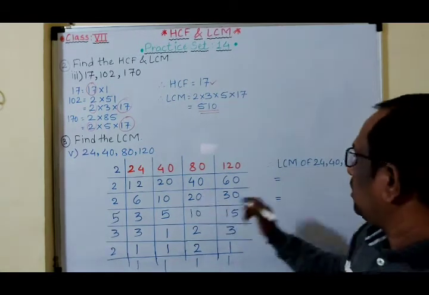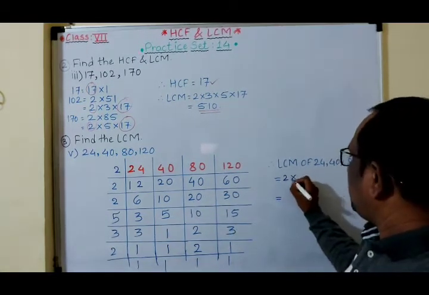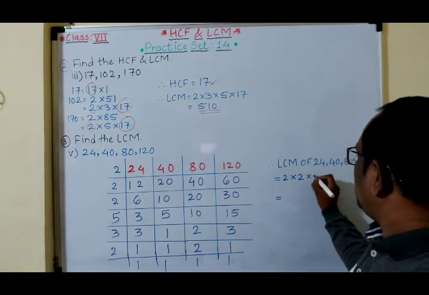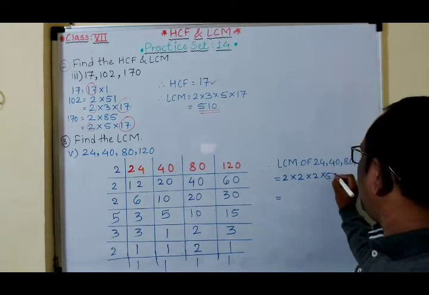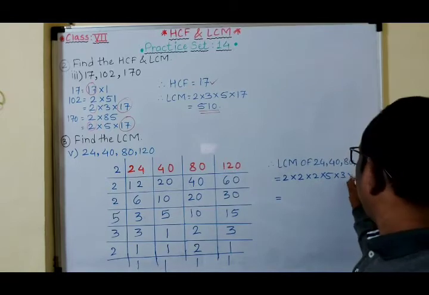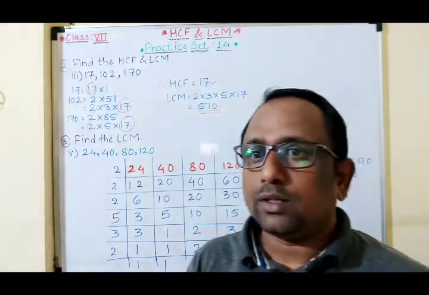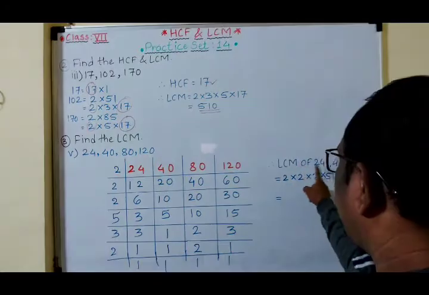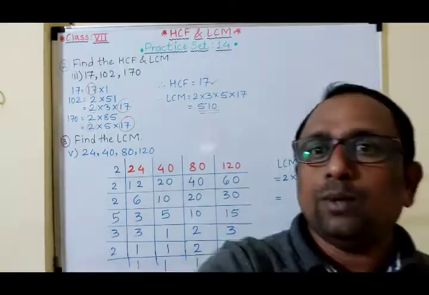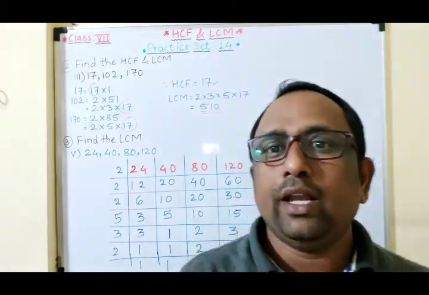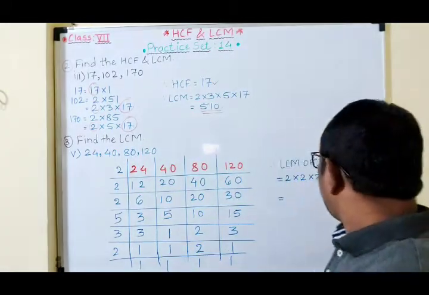We'll write here 2 multiplied by 2 into 2 into 5 into 3 into 2. So students, for the LCM we now have to do the multiplication. Then we will get the answer